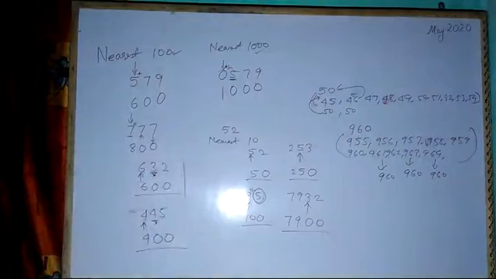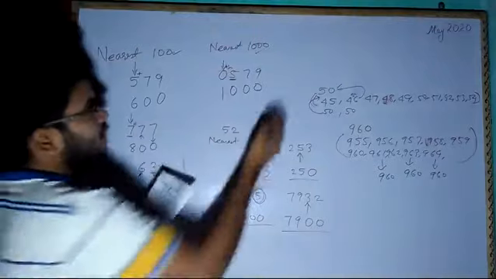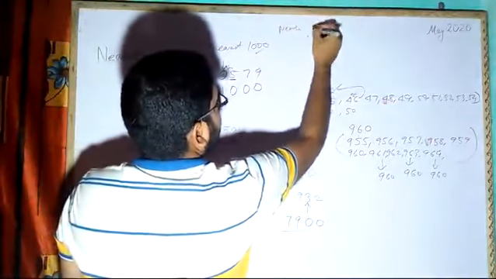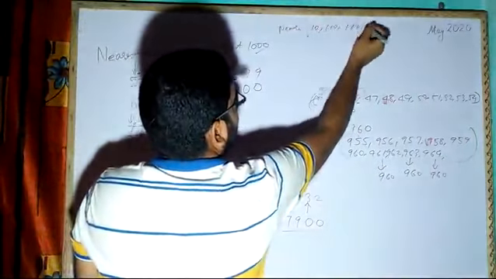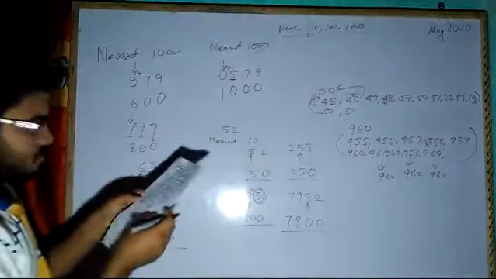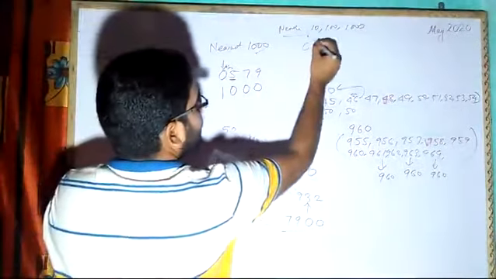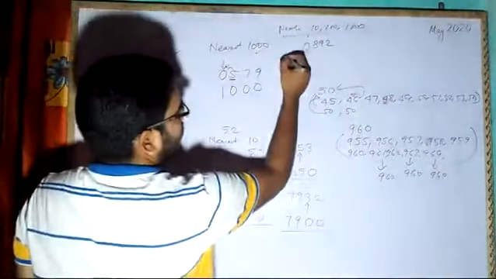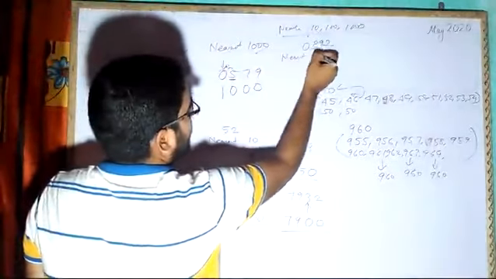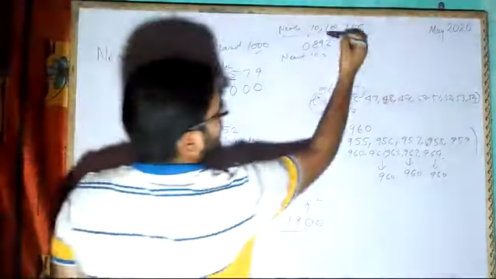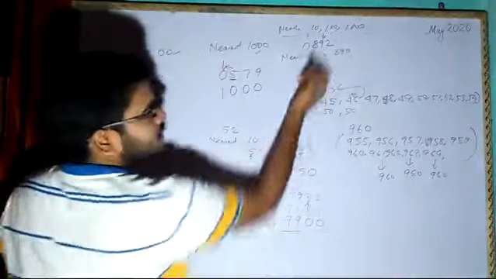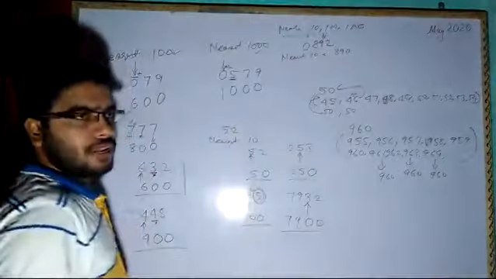Now question number 7 is nearest tens, 100, 1000. Nearest tens, 100 and 1000. All those things we have to see. All the three you have to see for this particular number. Let us take an example. 892. Now this number you have to round off to nearest 10. So you write nearest 10 of 892. Nearest 10 means 10's position, 1's position, you see 890. Correct? It is less than 5, so it will remain 0. No need of any increment.